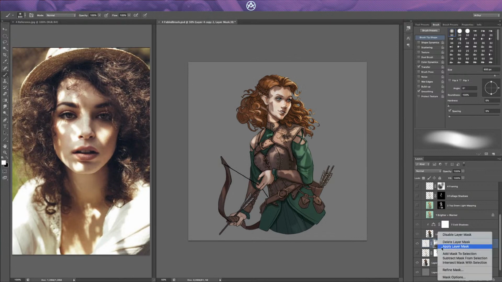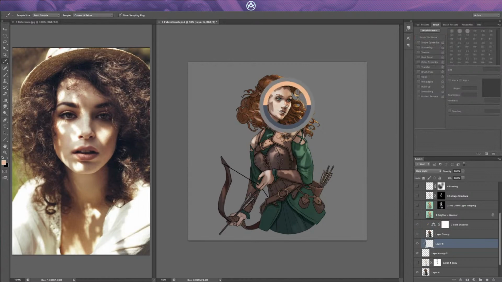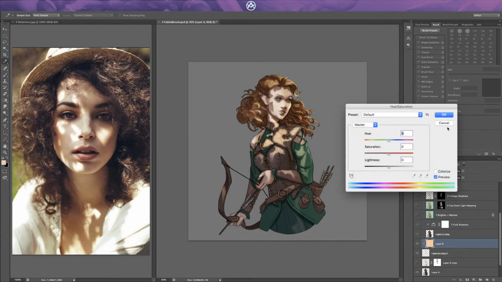I'll apply that layer mask again. Okay, so now this is our layer. I'm going to create a new layer. I'll see if it works, and I'll set it to hard light. I'll fill it in with this sort of orangish color, because what I want to do is